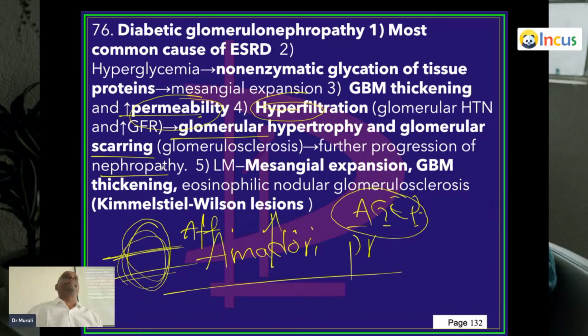The best way to bring compliance for any patient and make him health conscious and to control his sugar is, take him and show another patient. This patient is sitting. In your OP, another guy ready for dialysis is there.